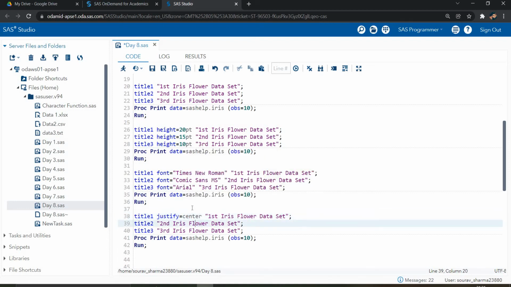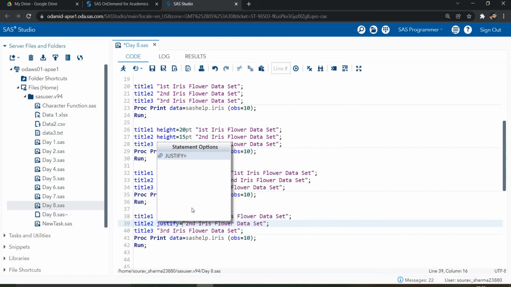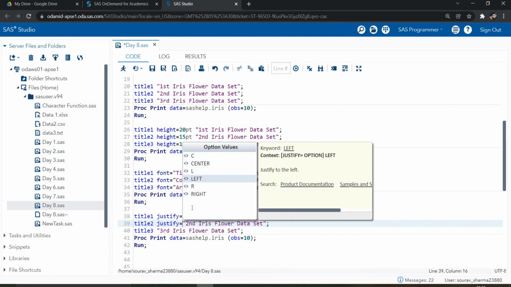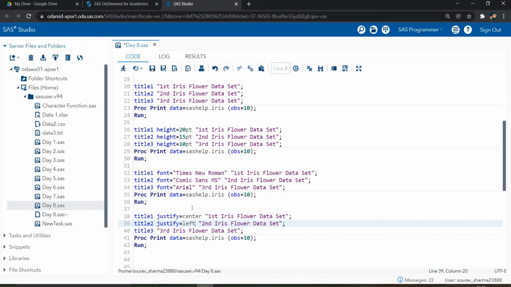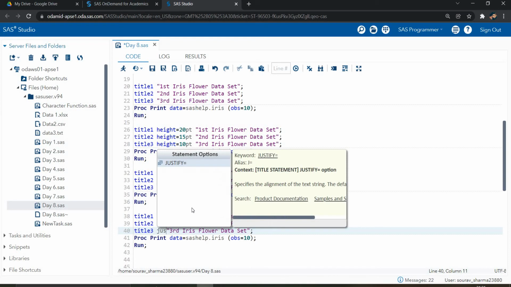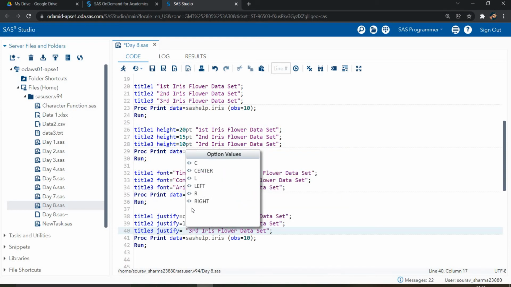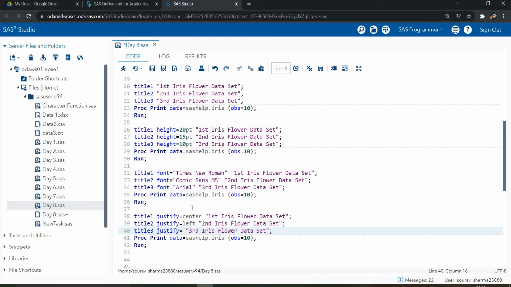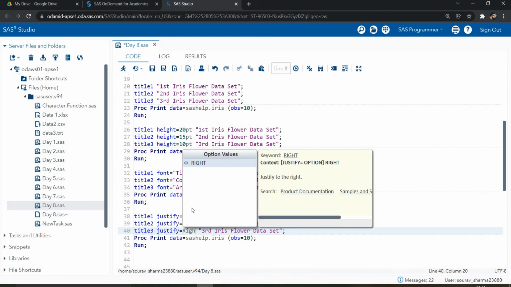Let's suppose I write justify center, to give this data in the center. Let's suppose I want this in the left. Now again I'm writing justify, I want this in the right.